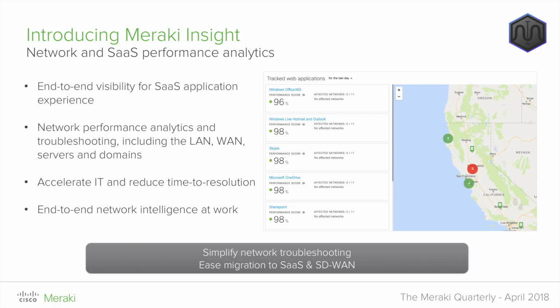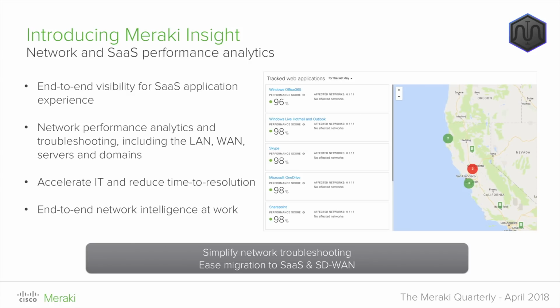Because the end user just sees the end result of that, but it could be a result of almost any step between that end user and the server that is hosting their application. So with Meraki Insight, we're really turning our attention to some of the wired network, both on the LAN side, but also out onto the wide area network as well. So whether you're using MPLS or VPN over internet, whatever it is, across the wide area, we are now enabled to look at both the network layer and the application layer